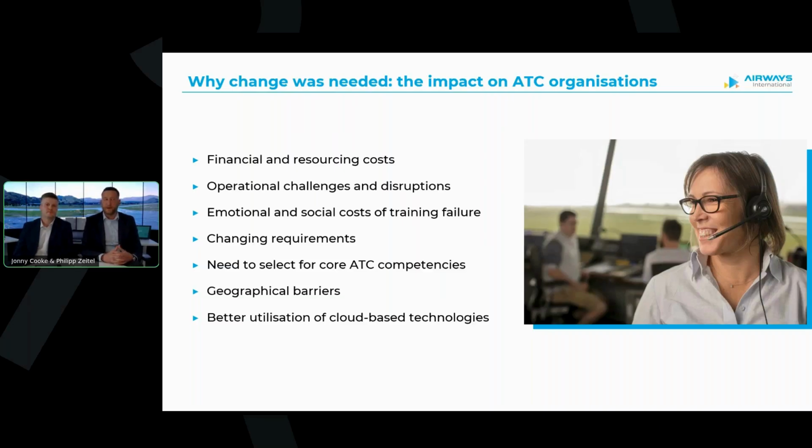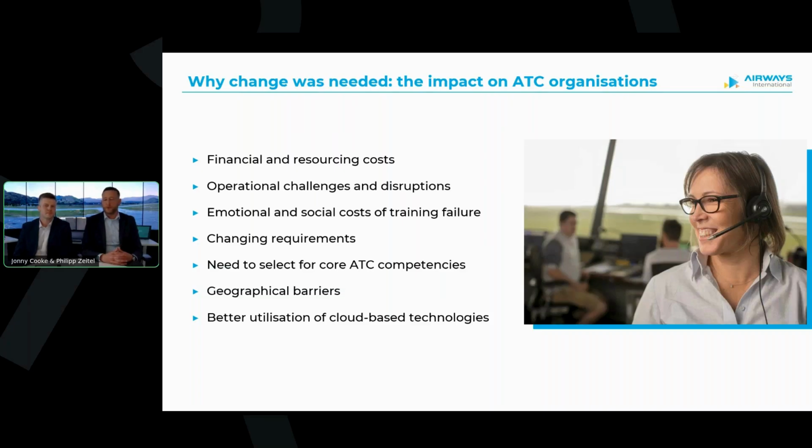These are the reasons why probably 10, 15 years ago, we started to really look at our recruitment processes and why we have refined them over time. The driving forces behind why we needed to adjust our processes was, if you pick the wrong candidates, there's just very serious negative consequences, both in terms of financial and resourcing costs for ANSPs, but also resulting in operational challenges if people do not make it to the training center and you end up with workforce shortages.